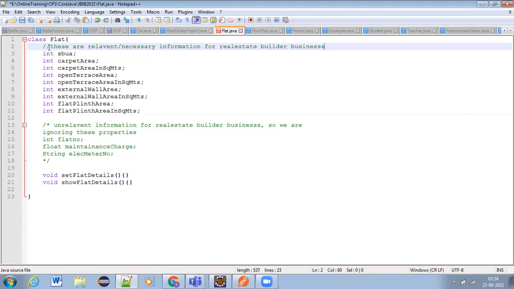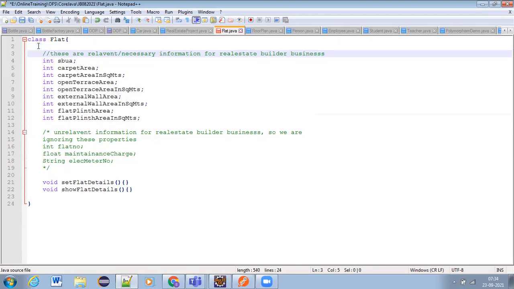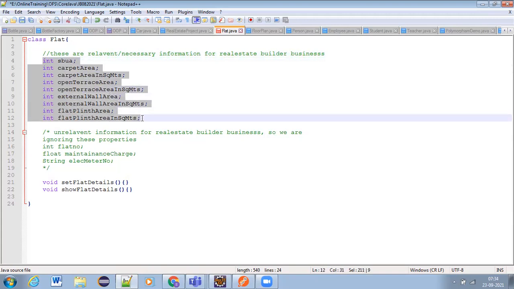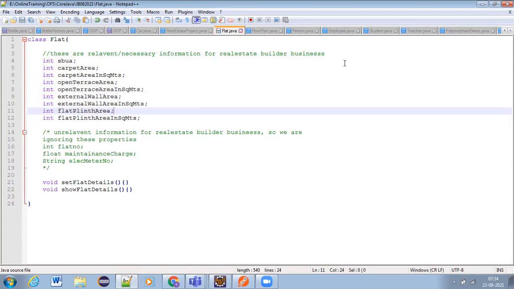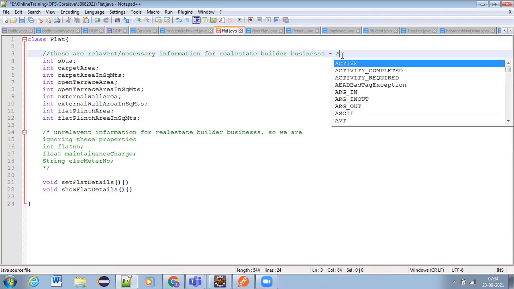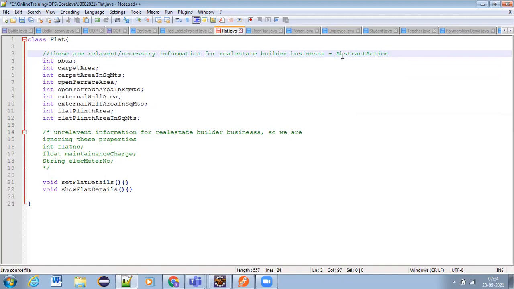Always we need to think about the end user business. In the context of end user business, whichever is required, that only we need to collect, not everything. So this process is nothing but abstraction. When we are thinking about the needed information while creating the class, that's why we call it abstraction. Okay, got the point, guys?